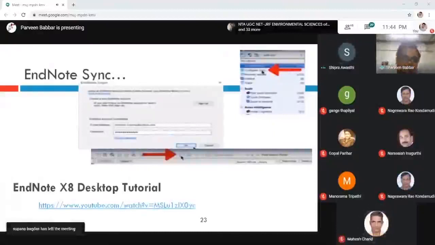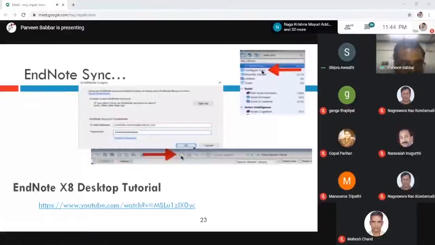Please go ahead. Okay. As you have seen, I have talked about EndNote desktop, and I want to showcase a little bit so that you can briefly know how text citations specifically work in EndNote X8 desktop.